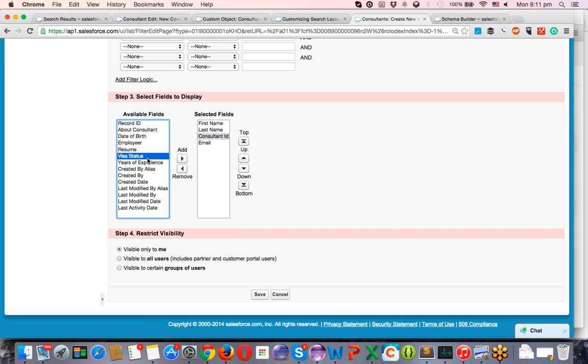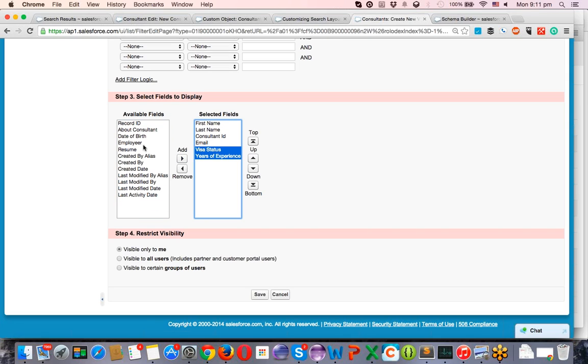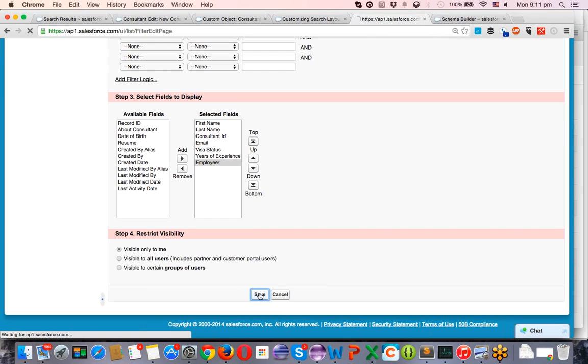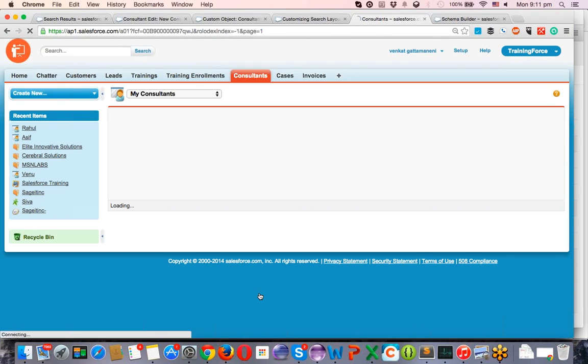And visa status and experience I want to put at the end. And the employer, visible only to me. I can set this because this is my consultants folder, right? I'm making it visible to only me. Clicking on save. I can give it to other people also, but